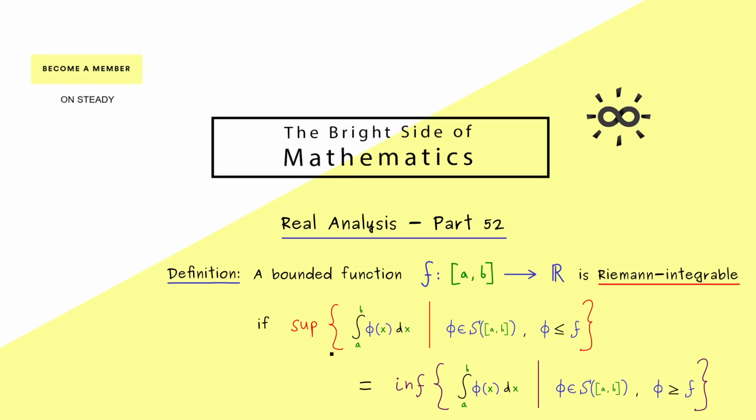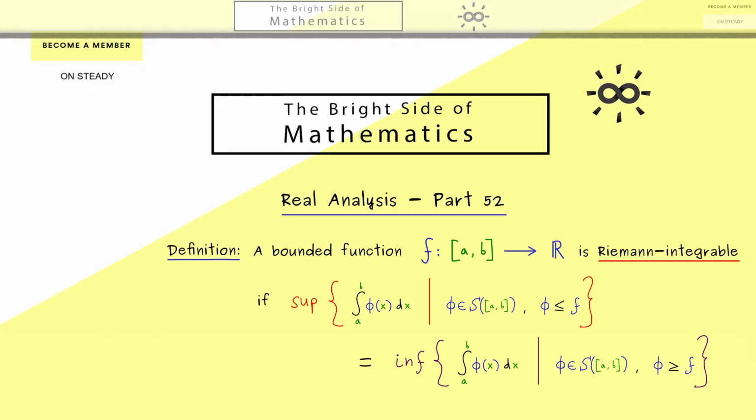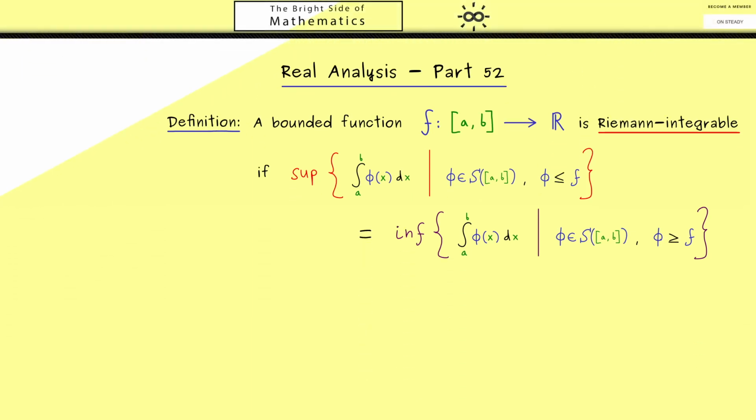There, the lower integral is given when we approximate the integral with step functions from below, and the upper integral is given when we approximate the integral by step functions from above. Hence, we only get one well-defined value here, which we call the integral of the function f. Now I can tell you, it's possible to rewrite this definition without using supremum and infimum. In this alternative form, you might recognize the approximation in a better way.